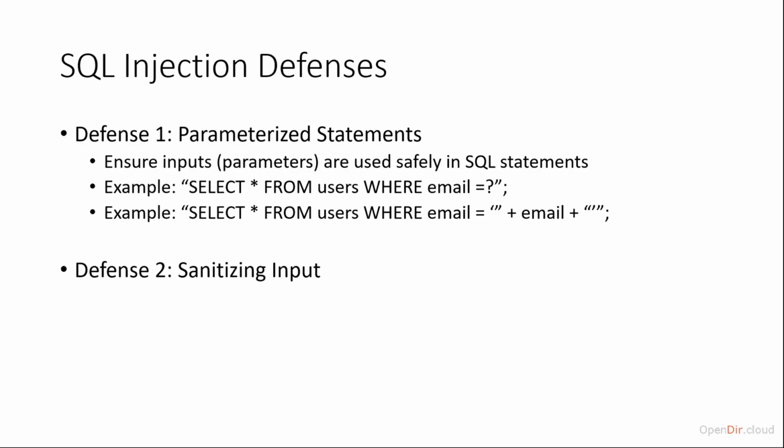An example here I have are a good example and a bad example. So here's a good example. We've got select wildcard from users where email equals ? Okay, and what does that mean? Well, the way we're passing data here is the parameterized string is going to be passed separately than the parameters